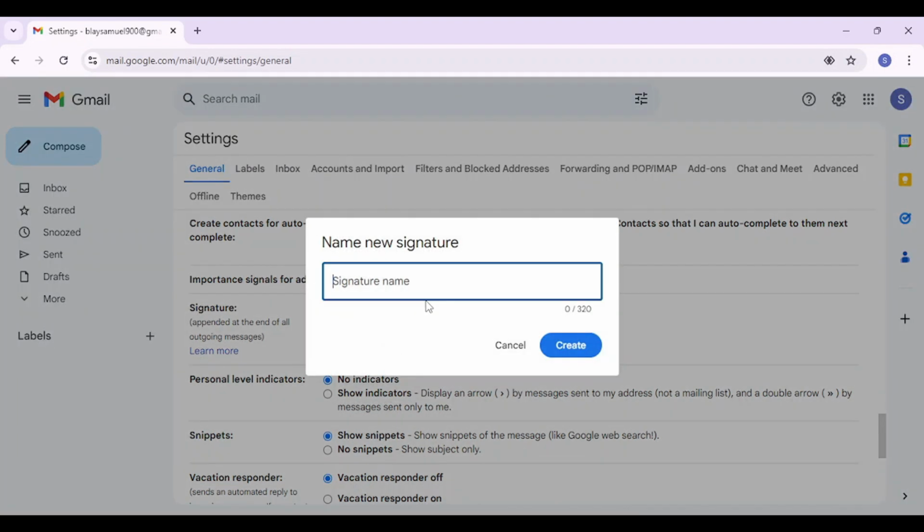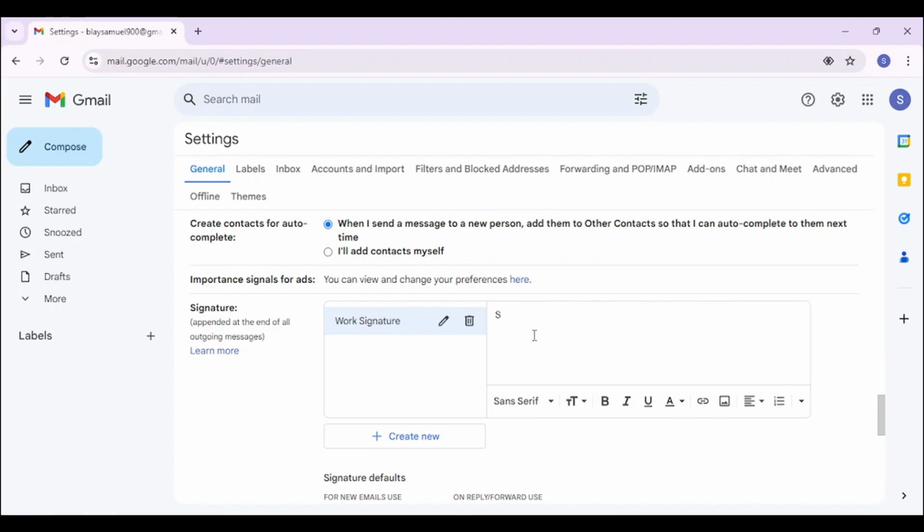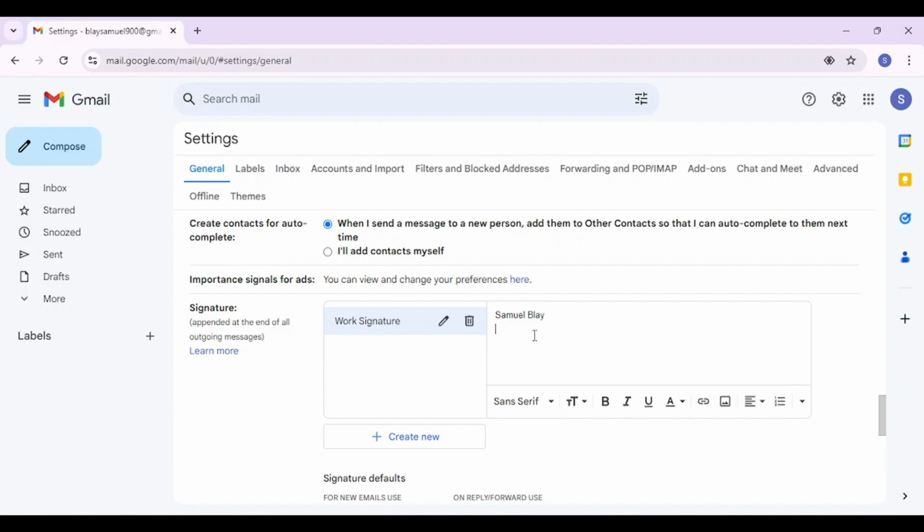A pop-up will appear asking you to type your signature name. You can give it a name like work signature or personal signature. I'll give mine work signature and click on create. Once you've named your signature, it's time to add your details. Start by entering your name, job title, and the other information that you want to include. I will type my name here, my job title, my company name,